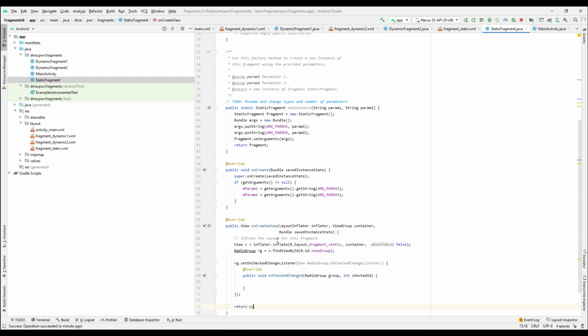Now the problem is that this is a different fragment, and this fragment doesn't know that the other two fragments exist, and it shouldn't know about it. The only component that does know about it is the activity. So what we need to do is propagate the information from our static fragment to our activity,